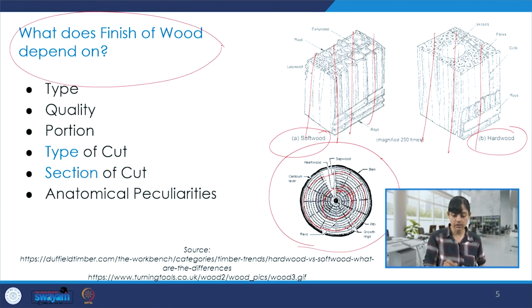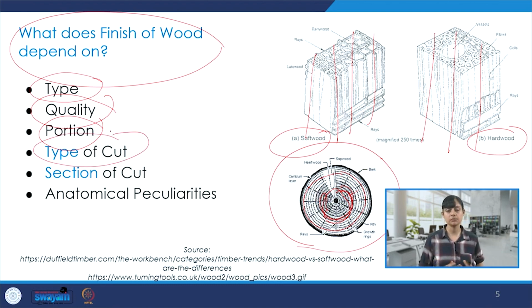And then also continuing with this, we tried to understand what the finish of wood actually depends on. So what is the type of the timber, what is the quality, which portion, like we were talking about the heartwood and sapwood, and which portion of the tree does it come from, the type of cuts we employ as part of our design and execution, different kinds of sections of those cuts, and if there are some anatomical peculiarities like knots and veins and other aspects,